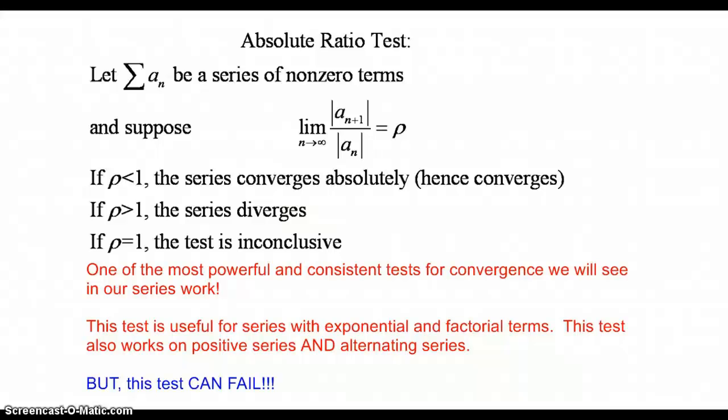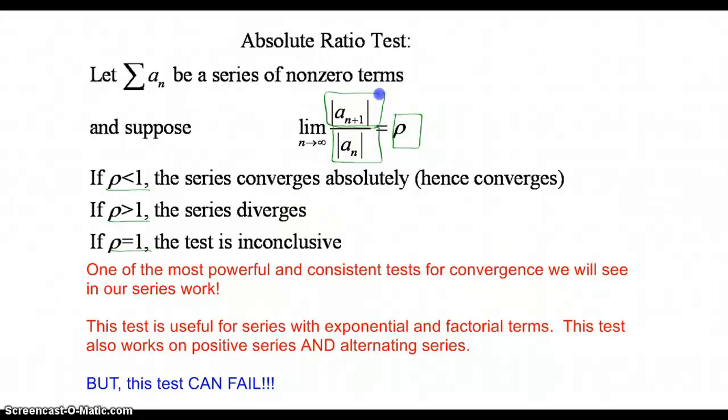We're going to learn our final test for convergence. This is called the absolute ratio test, and it says let the infinite series a sub n be a series of non-zero terms, and suppose that if I take the n plus first term and I take the absolute value of it and put it in a ratio with the nth term, where the nth term is on the bottom, and I plug that ratio in the limit as n approaches infinity, if I get rho, that's the Greek letter rho, if I get rho for the answer, then the absolute ratio test tells me some things based on the